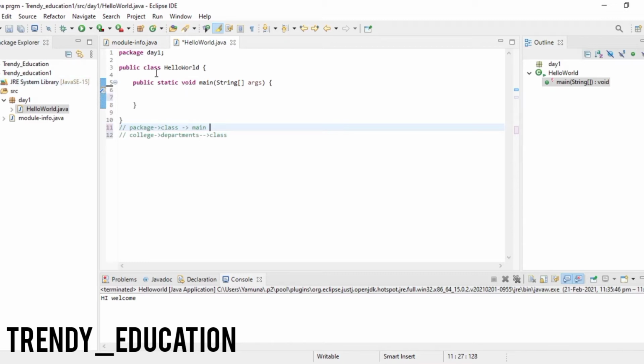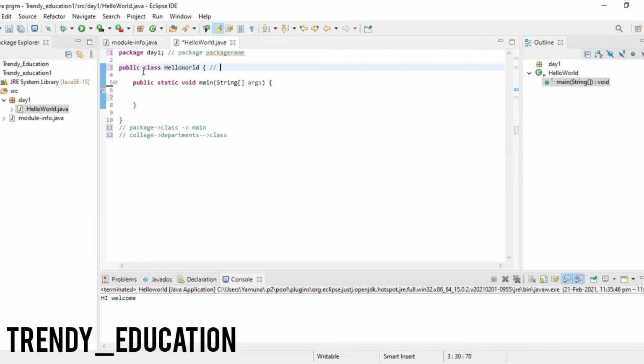Hope you understand this. Now I'll give you the line by line explanation of everything. Here you can see the package. The package keyword is followed by the package name, and this is default, and you are not supposed to change anything here. Whatever package name you gave will display here, and whatever class name you gave will display here. This is automatically generated, so there is no need for you to change any of it. Here you can see the second line, public class hello world.